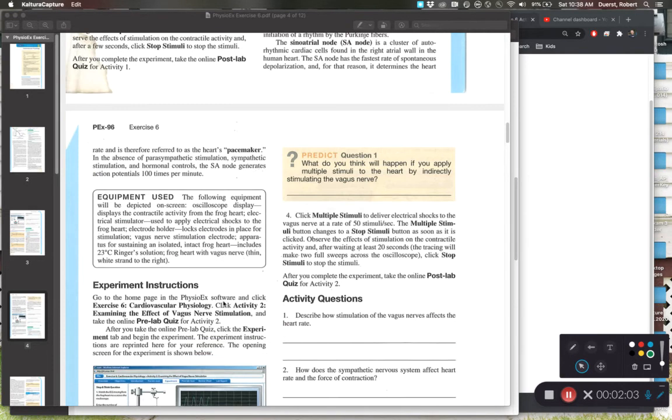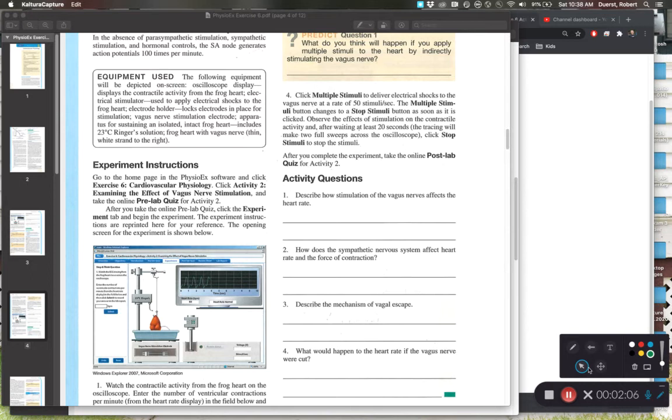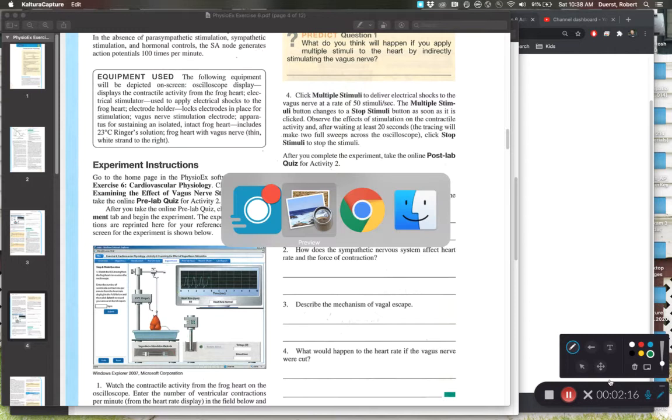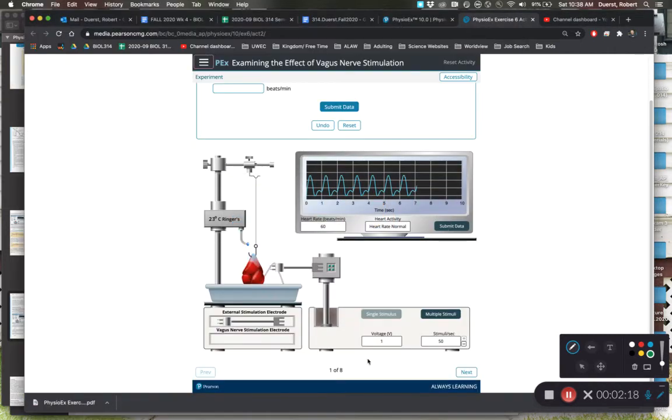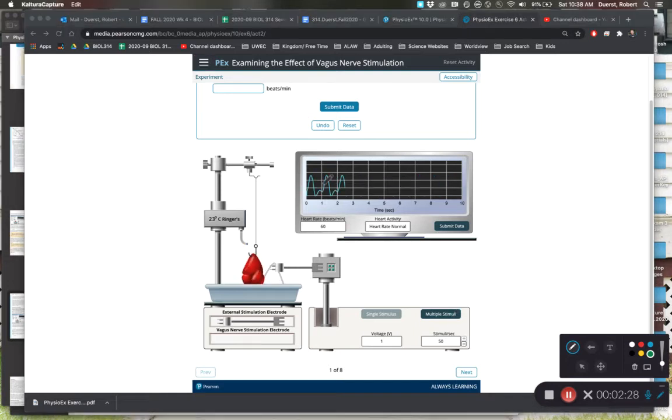During our experiment, you were given this experimental setup. So you had a heart with some electrodes, and you grabbed a vagal nerve stimulator and hooked it up to the heart and hit go. And it looked something like this. Let me go to our experiment. We had our EKG, or ECG, right there. And if I stimulate the vagus nerve, or the artificial vagus nerve, the heart rate,